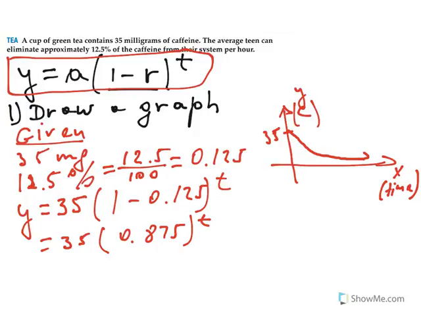Okay, so I continue with another question. Question B is: estimate the amount of caffeine in the body after 3 hours. I like the word estimate. Estimate means that we are not looking for the perfect, exact time. We do the best that we can. We estimate the answer. So how much is the estimation of the caffeine in the body